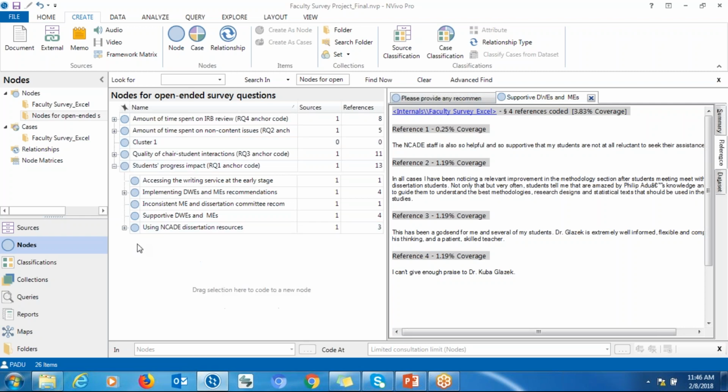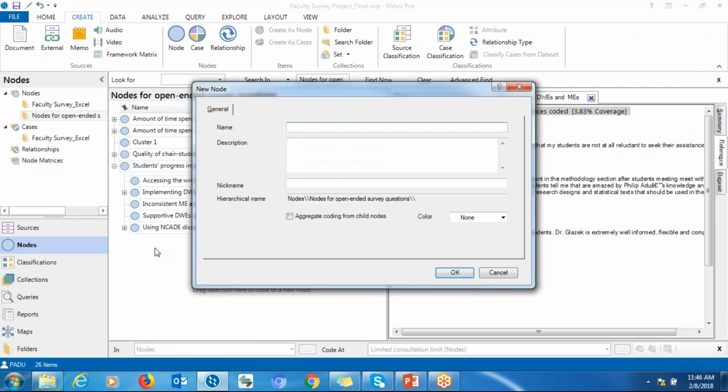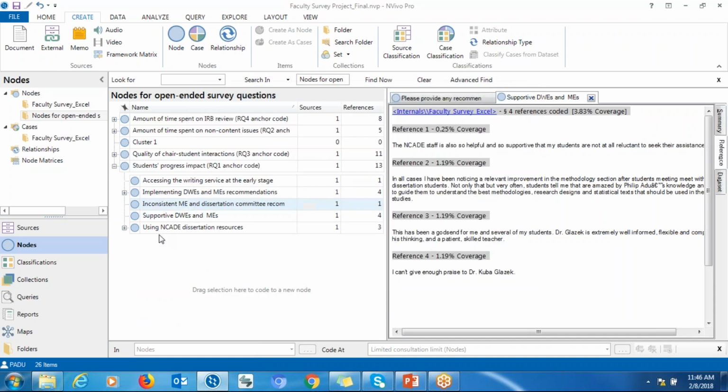Right. So you create cluster 1, cluster 2, cluster 3, maybe cluster 5, and then you go through the codes or nodes that you have created, and if you think that one node is similar to the other, you can just,